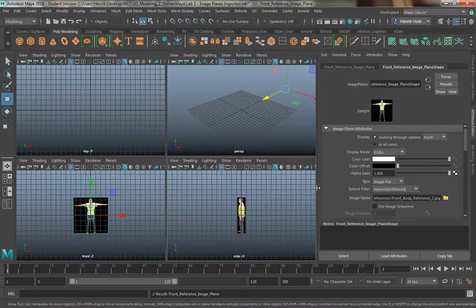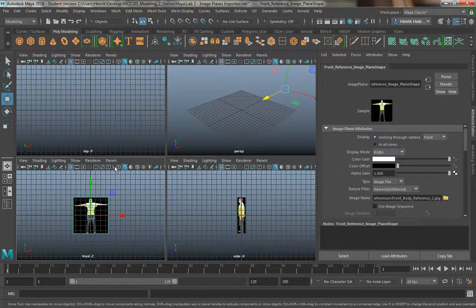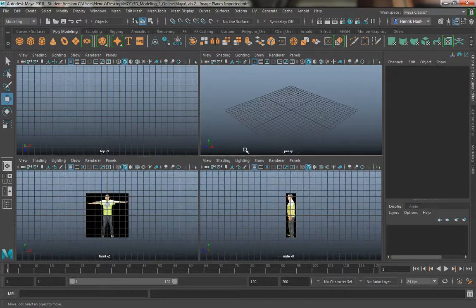Now, with that being said, if you try to open up your file and it doesn't display right away, in your outliner select your image plane, and then just relocate the file. Then in all views, click looking through camera, and it should boot right up. Otherwise it really should just go ahead and open right away. Anyway, back to